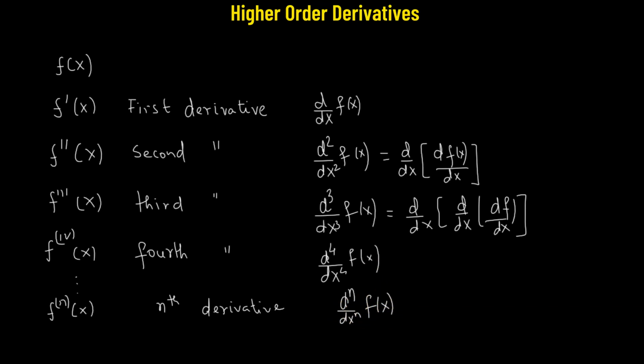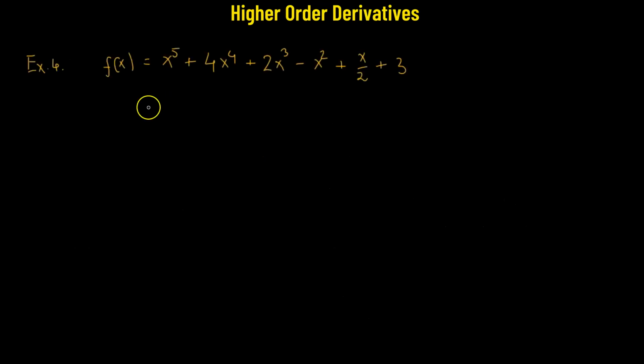Let's try to apply this. The rules will remain the same, and we'll understand this with the help of a few examples. So here we have a polynomial function, and we need to obtain its first 4 derivatives. Let's begin by finding the first derivative with respect to x. So we have x raised to the power of 5. When we apply the power rule, it will become 5 times x raised to the power of 4, plus, applying the derivative to 4x raised to the power of 4,